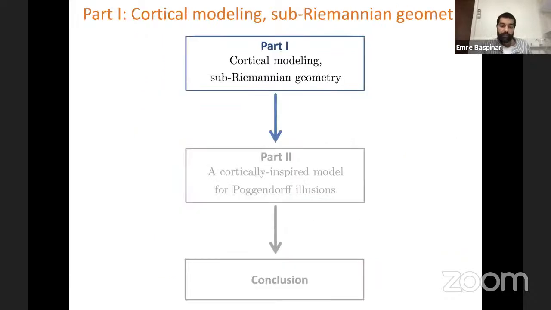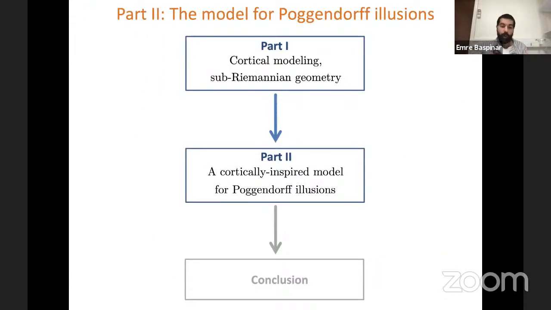Okay, so having in hand this geometric setting, now we would like to provide an evolution procedure for the evolving neural activity in order to generate Poggendorff type illusions. So first, let me say briefly what we mean when we say Poggendorff illusions. When we say Poggendorff illusions, we refer to the misperception of two parallel transversal obliques which are interrupted by a blocking bar. And an example of such illusions can be seen in this illustration here.